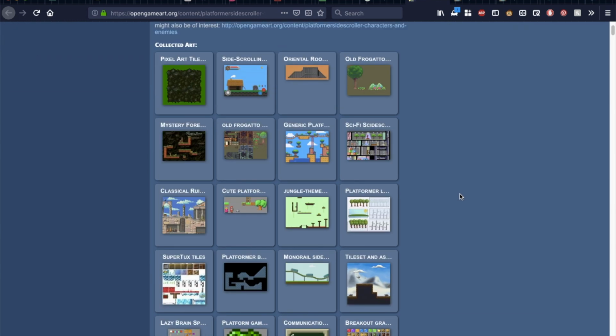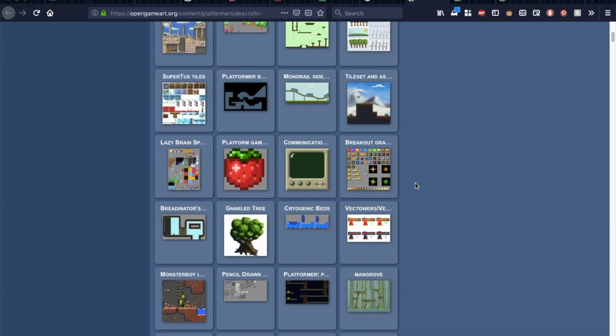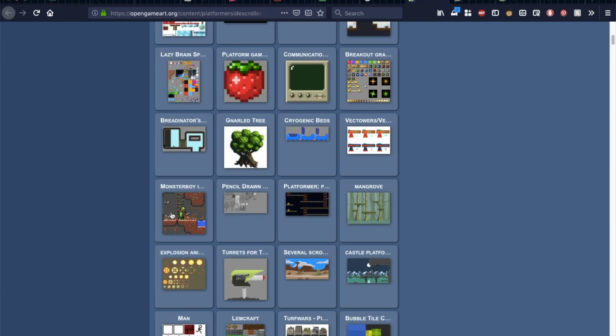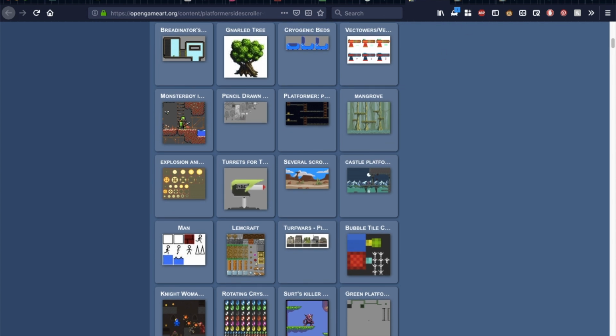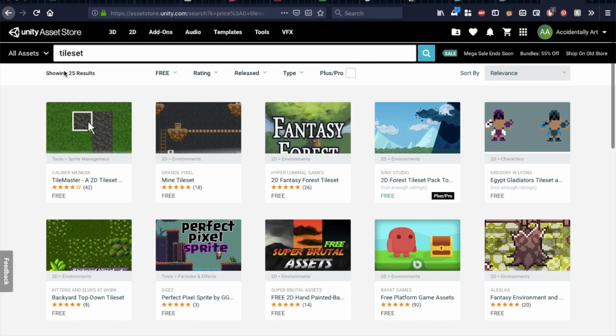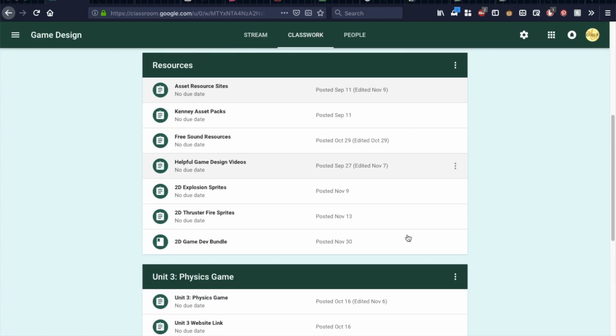So this is a big platformer page search list that I clicked on earlier. Got all kinds of different themes, caves, castles. So you get the idea. Also, of course, we've got the asset store. I use the search term tile set and then change the price down to free. If you have questions about that, you can always go to my